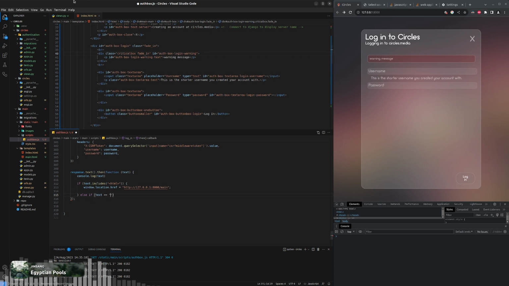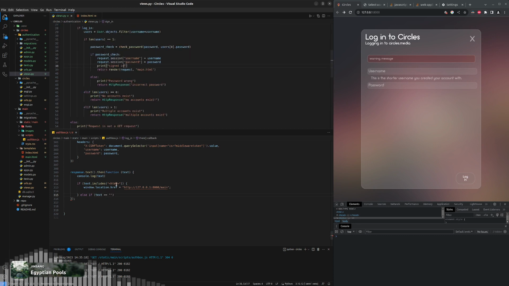Text is equal to password wrong. Or incorrect password, I suppose. Then we know, and we will,